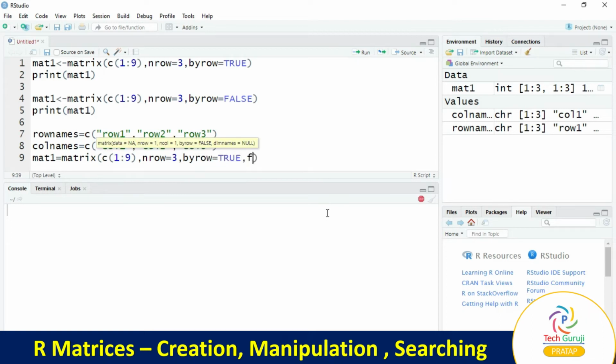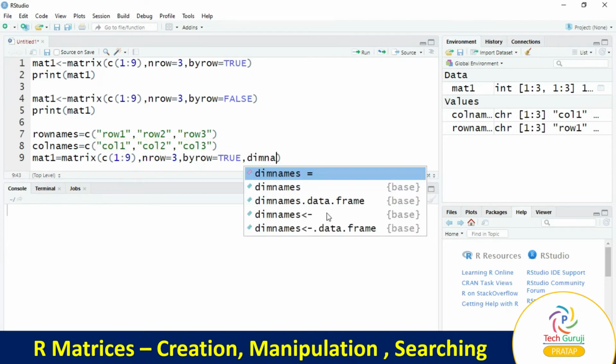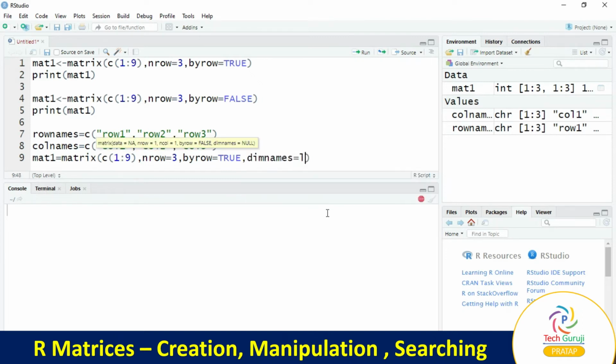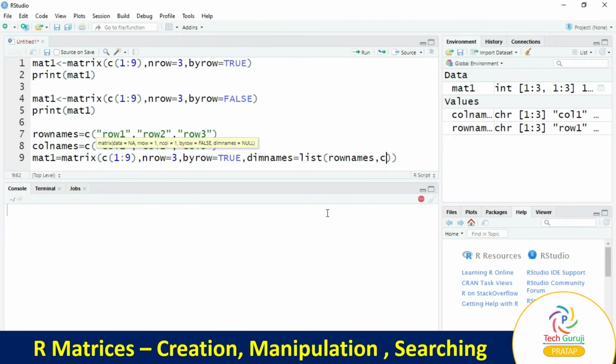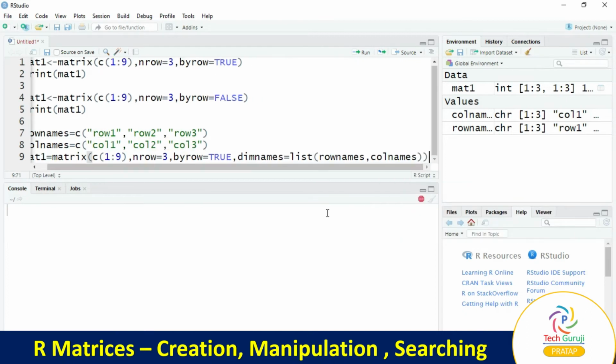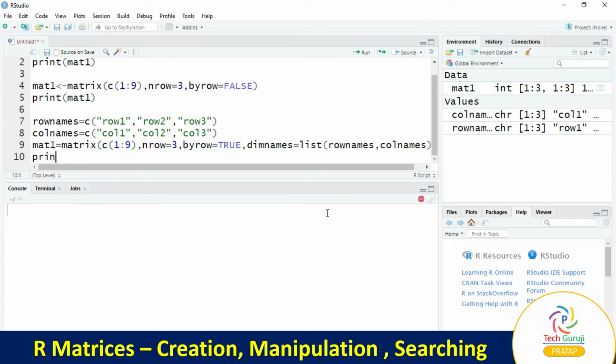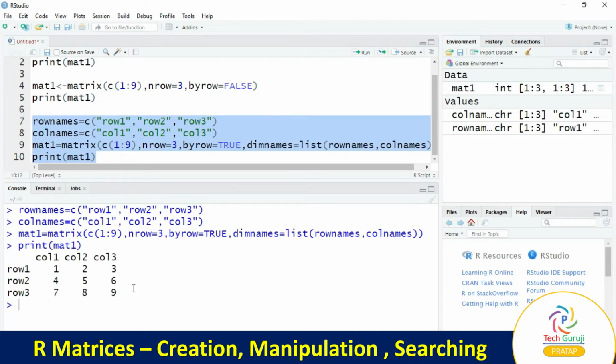We'll take dimnames is equal to list, with rownames comma colnames, and we'll print the matrix, that is mat1. We'll select all 4 lines and click on run. So it will display the names of rows and columns.